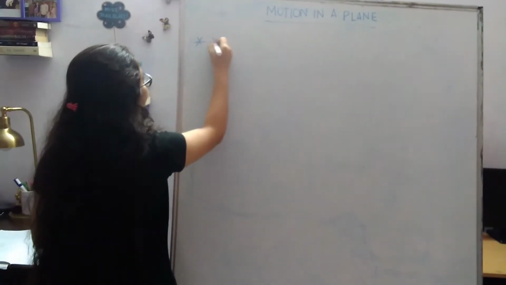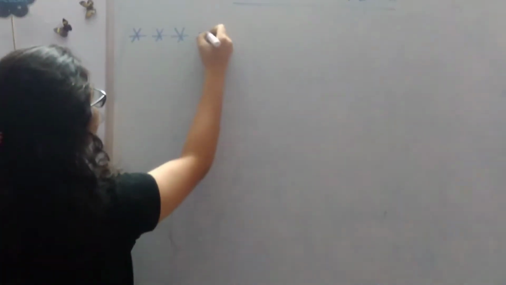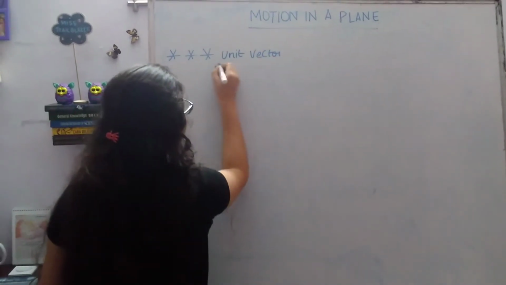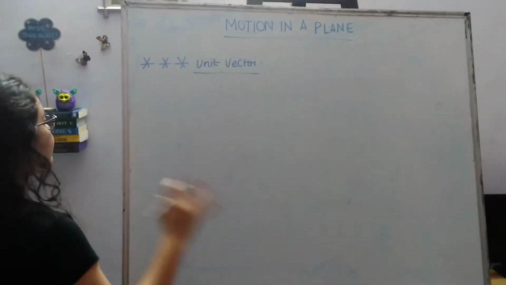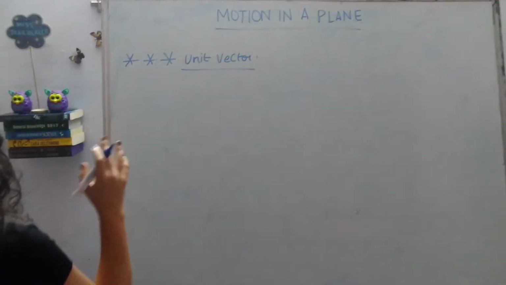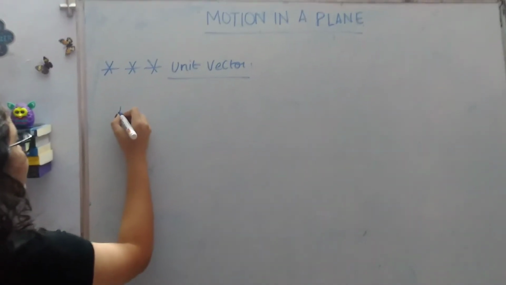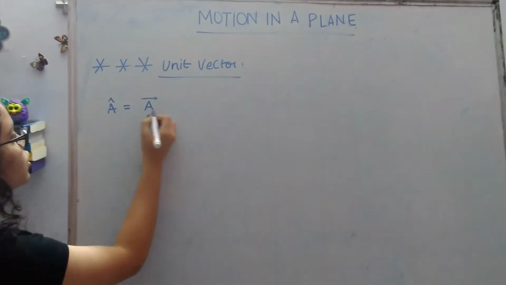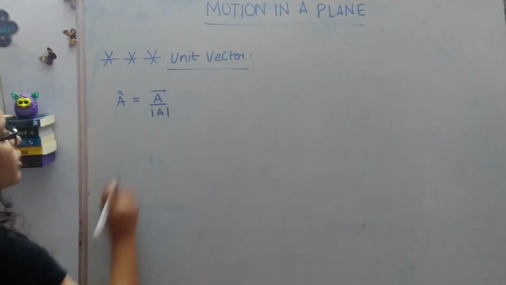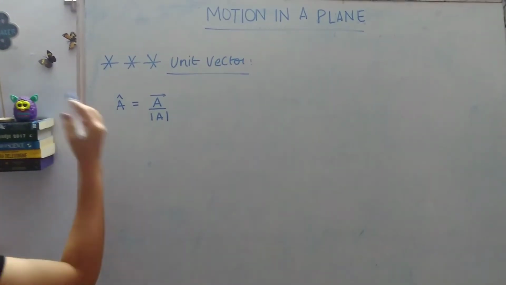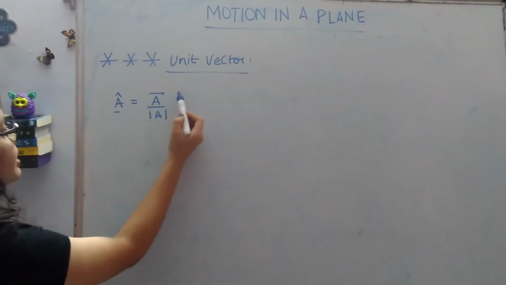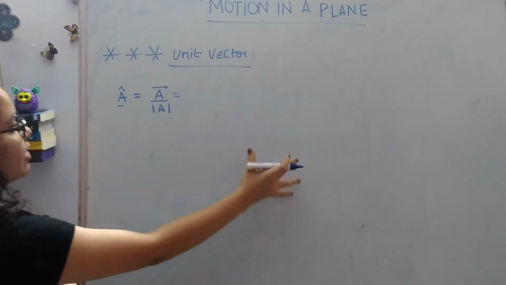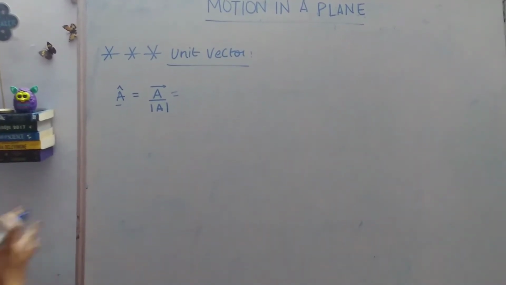This is a very important concept. If this is not clear, your questions will not be clear and they will not be easier to solve. But once this is clear, you will be able to solve questions very quickly. So what is a unit vector? A unit vector is basically the ratio of the vector to the magnitude of the vector. Okay, I hope it's clear. Let me repeat. Unit vector is the ratio of the vector to the magnitude of the vector. The formula I will be giving you soon. Now let me just define it in an easier way.